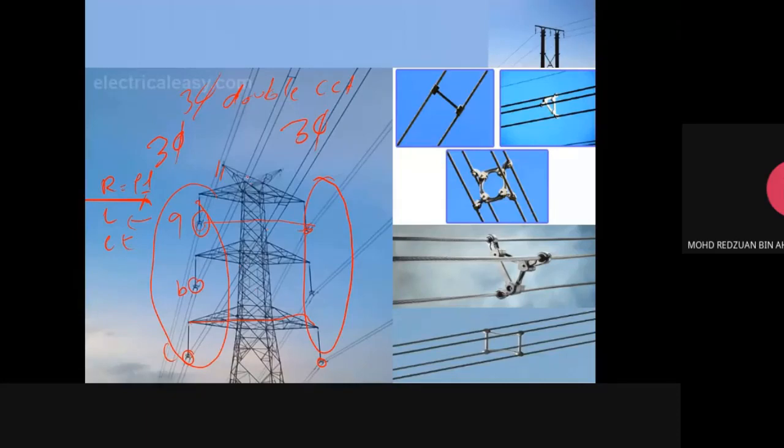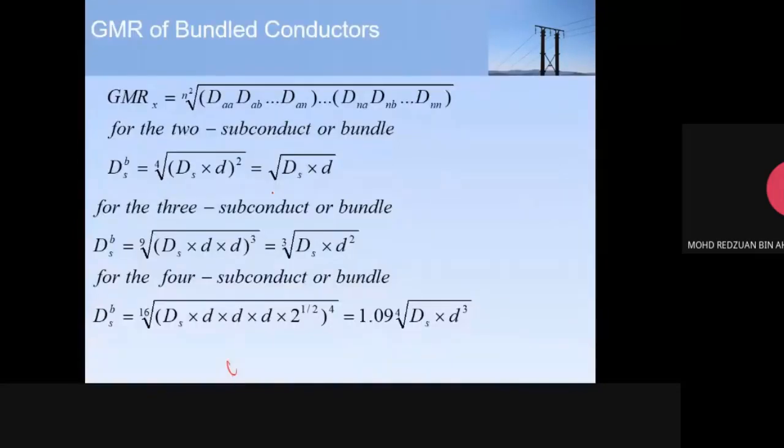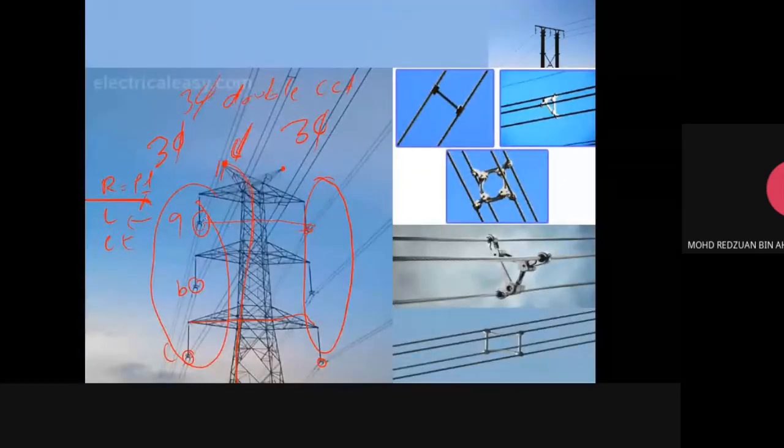If you look at this tower, they usually have one shield wire on the top of the tower. This is a protection system. When lightning strikes, it will strike this shield cable. Actually, this shield cable is connected to the ground. That's why we have phase A, phase B, phase C, and then sometimes you see what looks like a phase on the top of this transmission line. This is actually the shield wire, just a protection wire to protect our transmission line from the lightning strike.